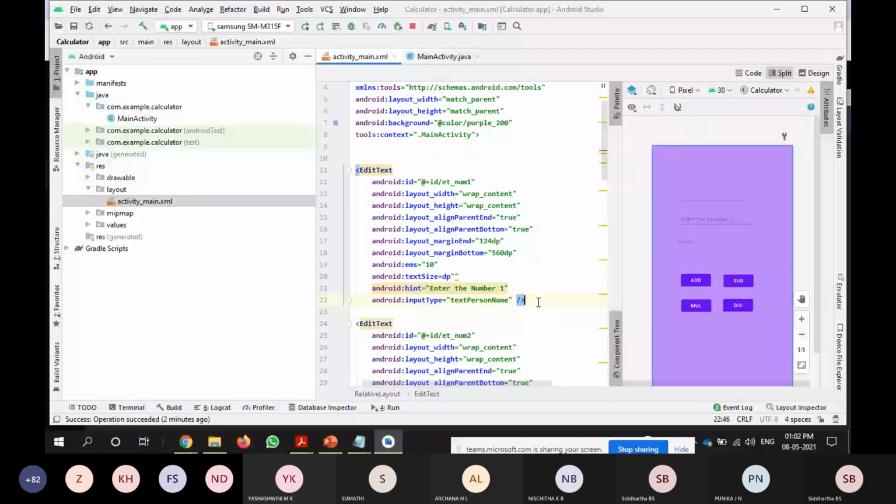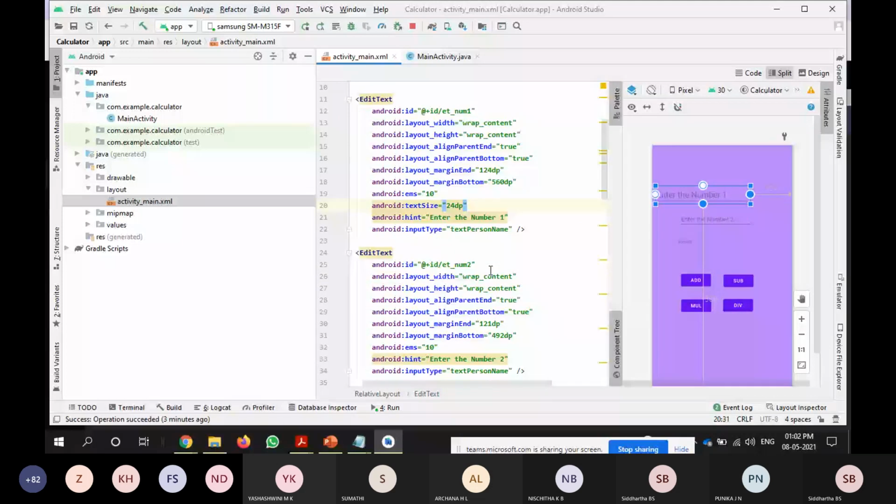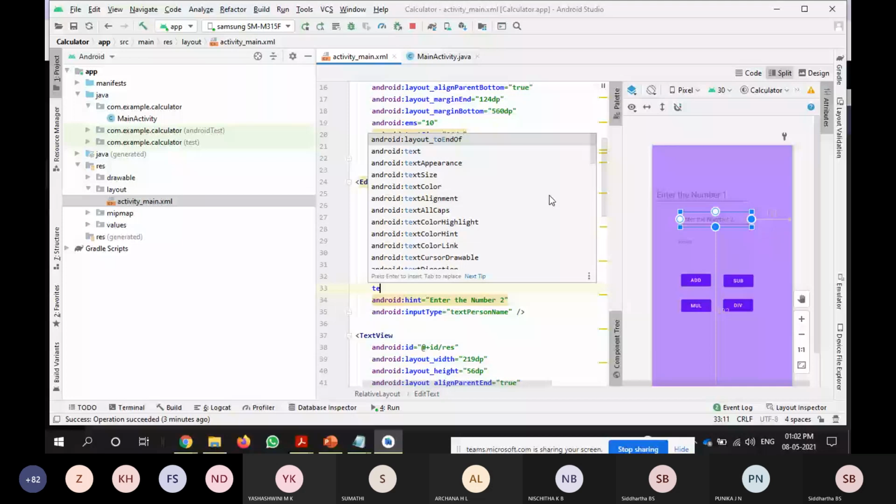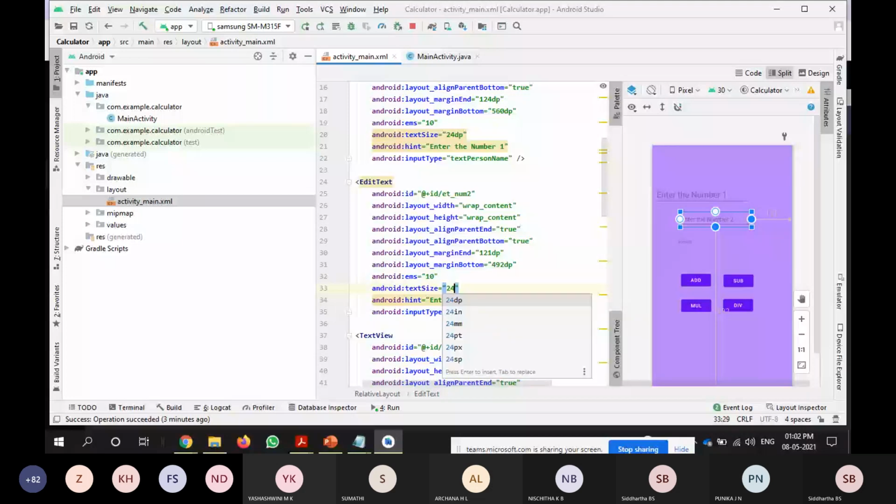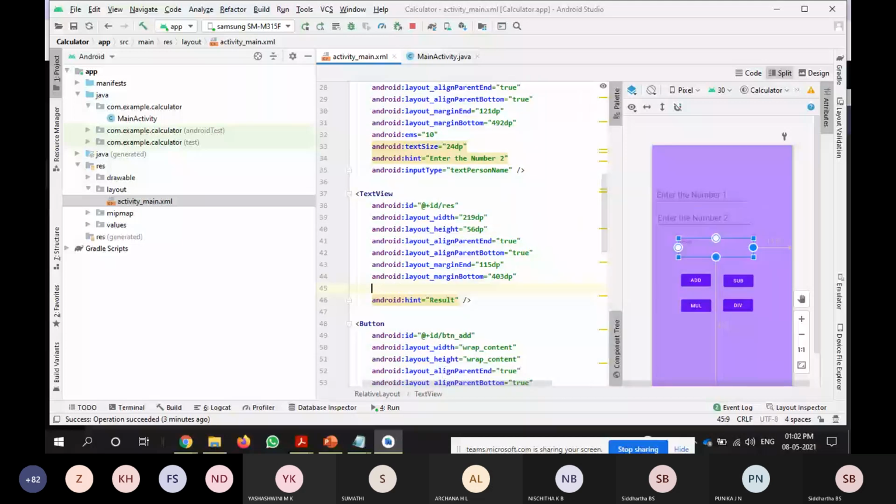Here also for the next edit text, I will set the text size to 24 dp, and for the result also, text size 24 dp.